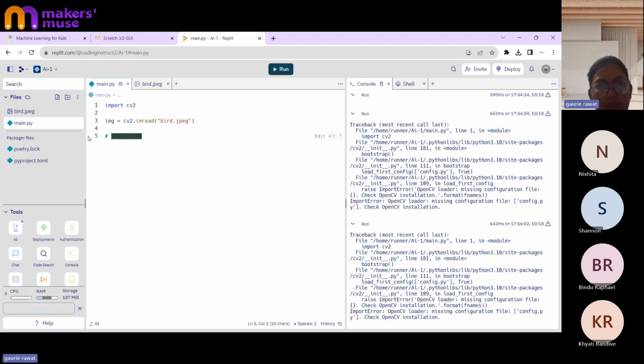I'll just comment this line and run it. I think there is some installation error, an import error. OpenCV is missing a configuration file.